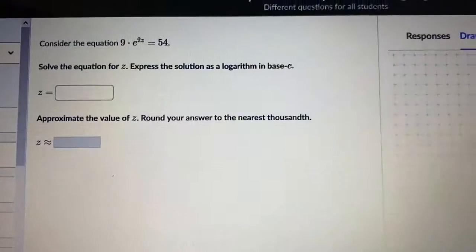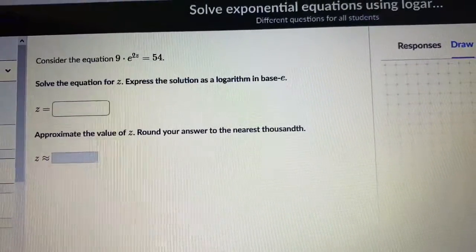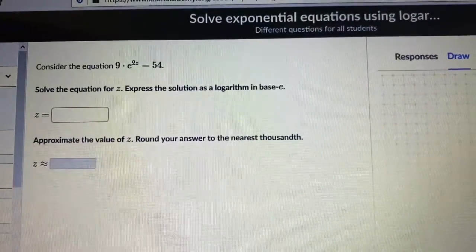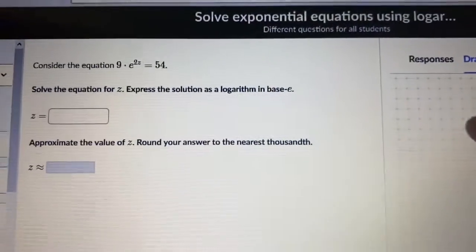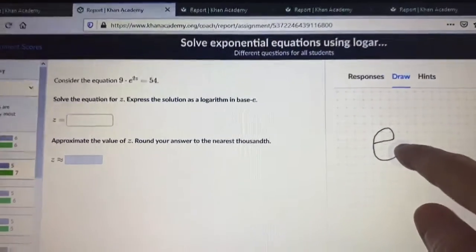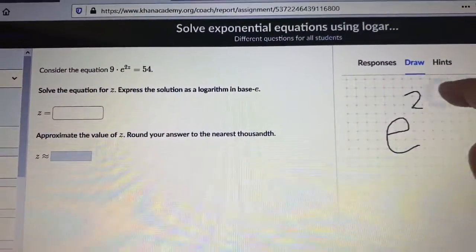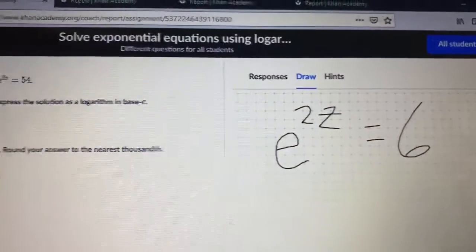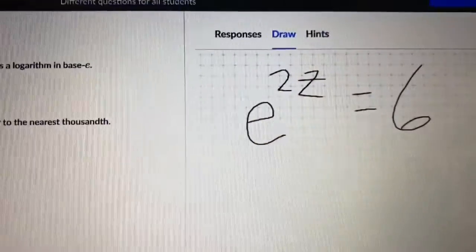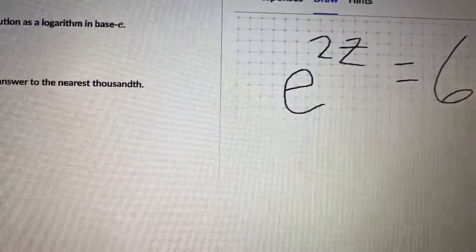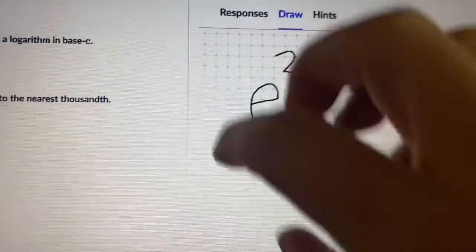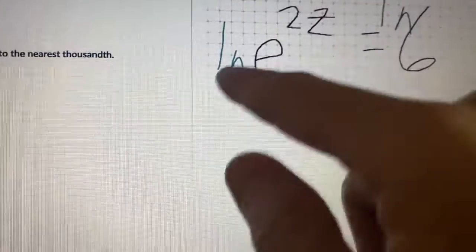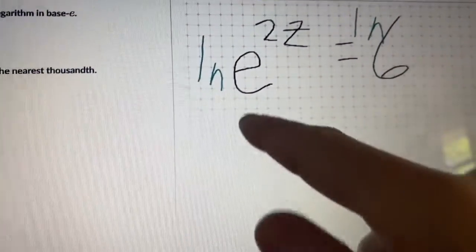So first thing that I'm going to do is I want to move the 9 to the other side. So if I divide both sides by 9, hopefully you see that e to the 2z is equal to 6. Again, the 6 just came from 54 divided by 9. Now, what's the inverse so that I can move this down? Well, I'm going to take the natural log on both sides. I'm taking natural log because it's e. So the inverse. So I have 2z